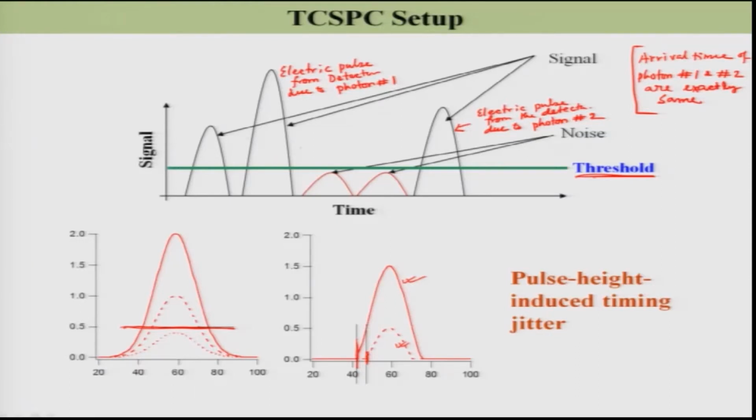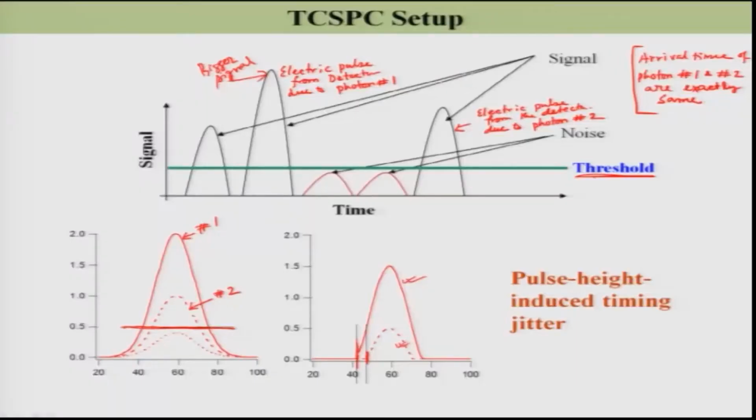So, I got a bigger signal for photon number 1 here, and I got a small signal in the case of photon number 2. So, this is number 1 and this is for number 2. So, if they arrived at the same time, then these two signals should reach the detector exactly at the same time,